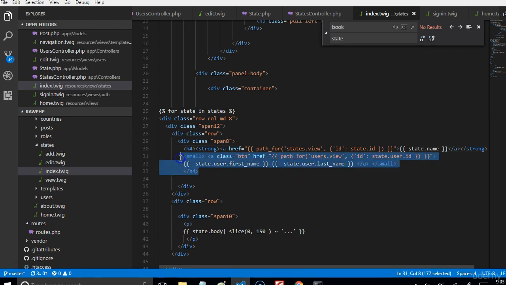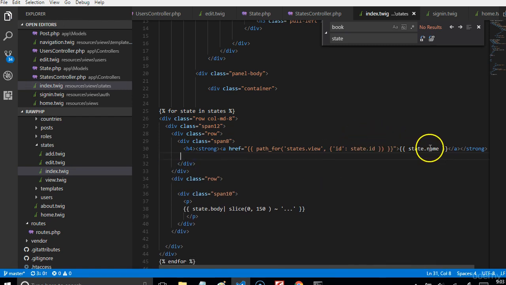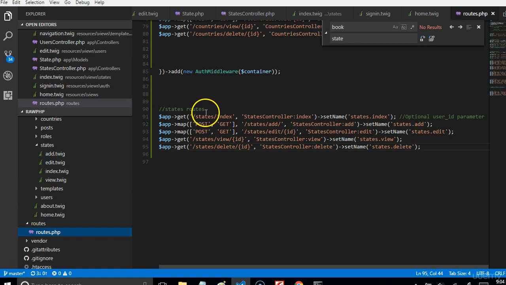We'll just delete this. So remember, this is the boilerplate code. Of course, you see so many unwanted things, but the main one is what we're looking for. This is basically going to display the state name, and of course this is an href, which is a link. The link is going to the path for states. So if we go to routes at the bottom where we have states created for us, it's going to states view. So if we go back to our index,